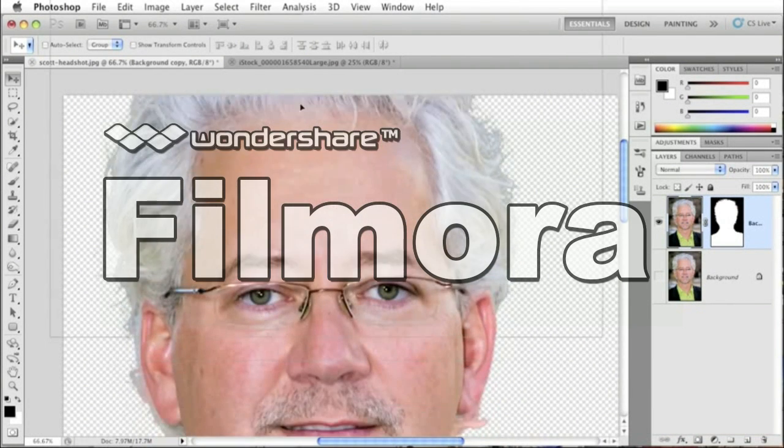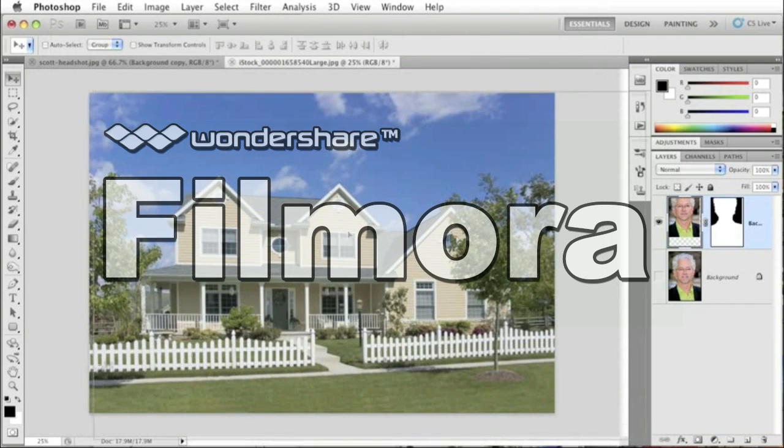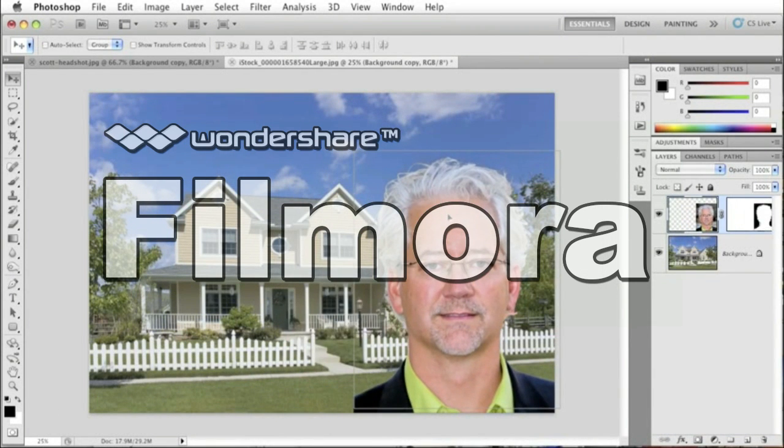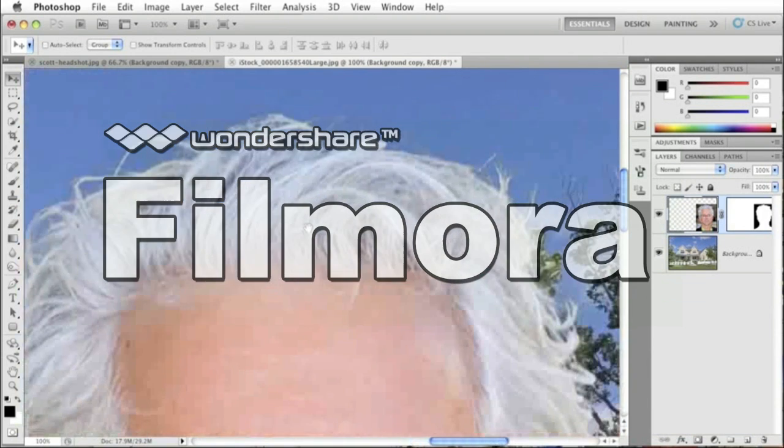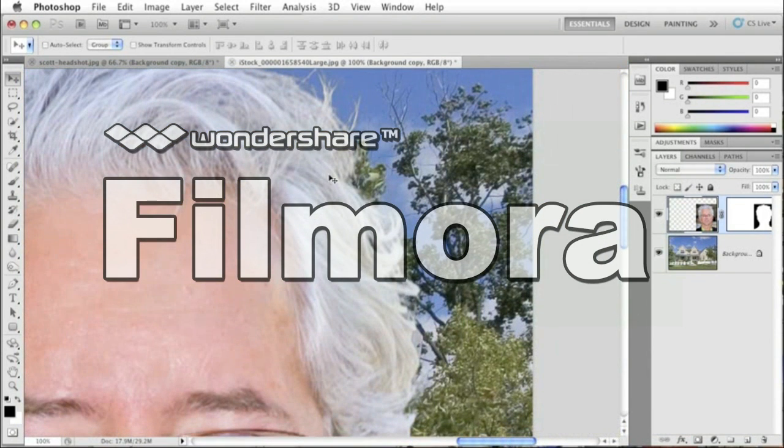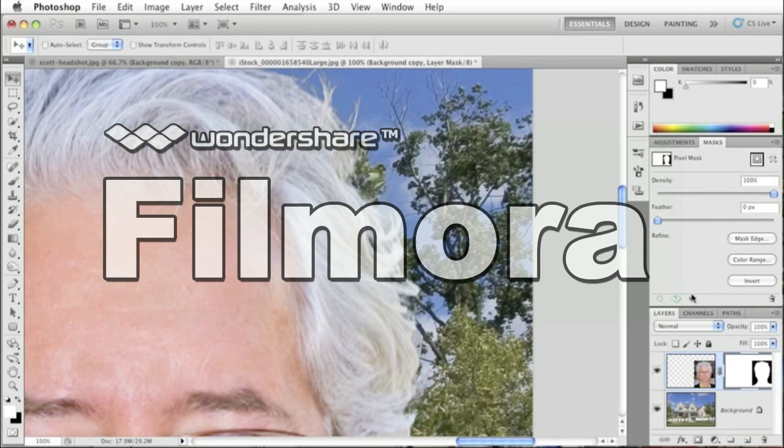Take my move tool, click and drag onto another photo. And there he is standing in the foreground of his new house. Let's pretend. And as we look pretty close, again, pretty darn good. I'm pretty happy with that. And the nice part is it still has brought the layer mask with it. So if we need to, we can still do things to it, including using the masked panel to further refine